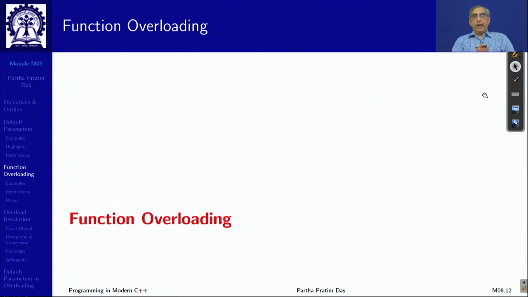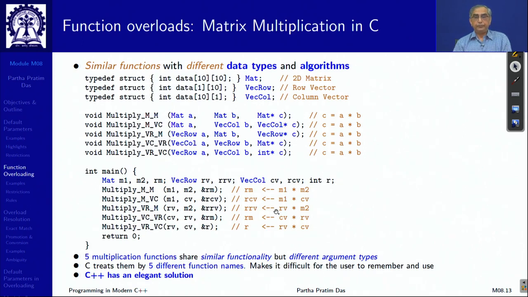I loosely said these functions are overloaded. Let us understand what function overloading is. The context is, suppose there are different situations where conceptually I am trying to do the same or very similar thing, but my data types are different, my algorithms are different, and therefore they have to be different functions. If I want to do this in C, each such function will have to get a unique